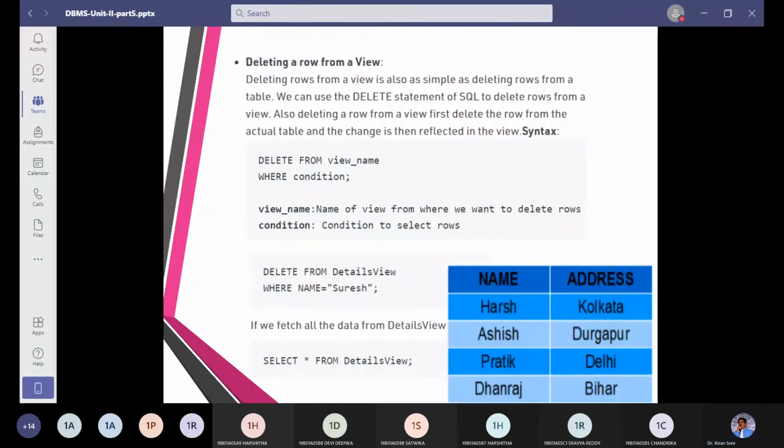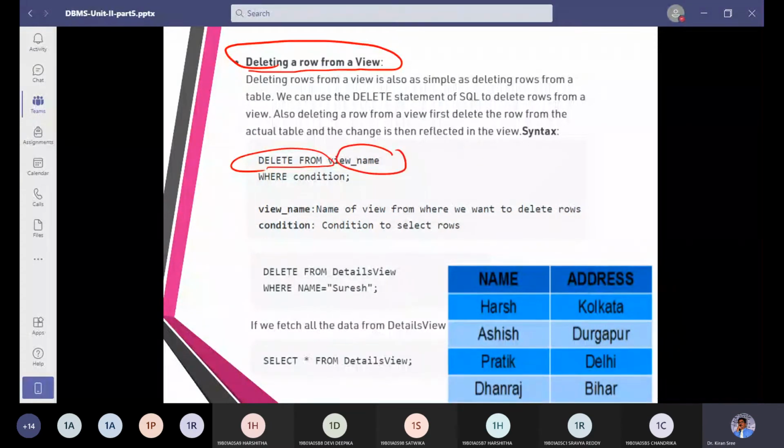Next one. We talked about update, we talked about insert. Now we are going to talk about deleting a row. How can we delete it? Delete from is again a reserved word, followed by the view name.